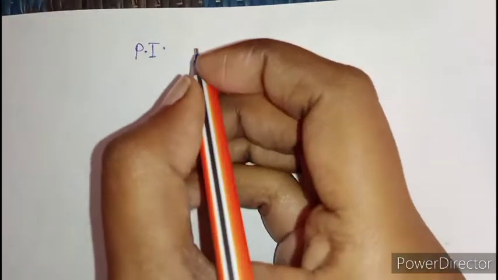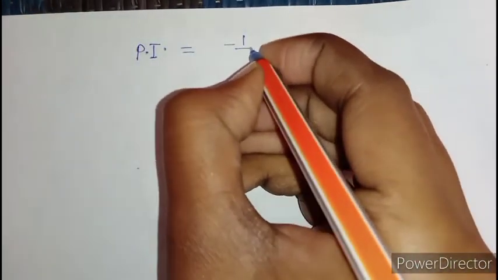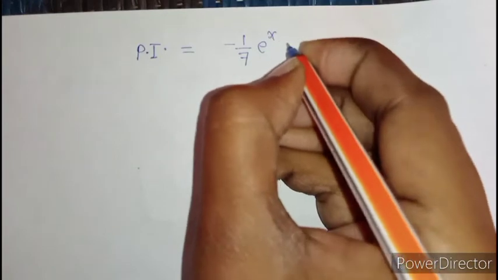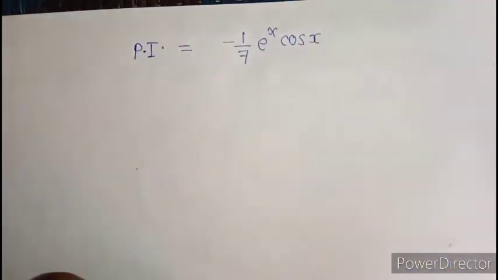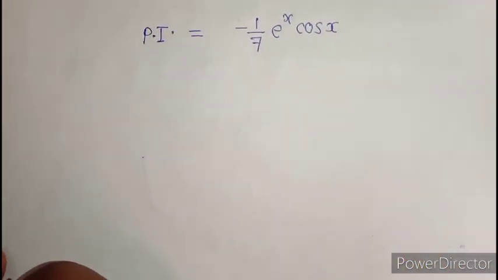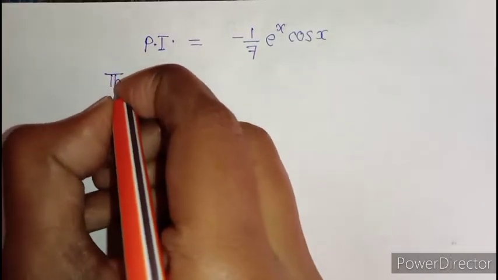So our PI is equal to minus 1 by 7 e raised to power x cos x. Now the complete solution is the sum of CF and PI. So the complete solution is